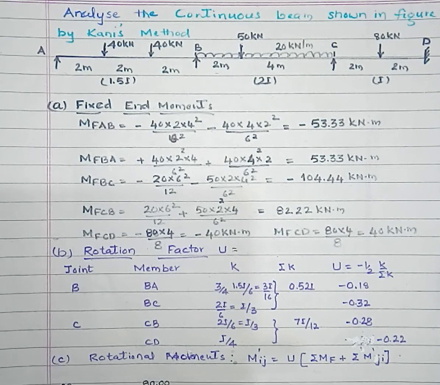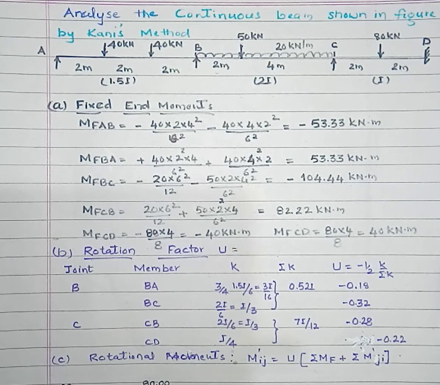Here the end A is simple support. By considering A as fixed, we have calculated the fixed end moment. The moment at A is 0, since that is on the end support, and the end support A is on simple support, hence we have to release this. By releasing this moment, by adding the moment of same magnitude with opposite sign, that is plus 53.33, you will get the value of 0. Now the moment at A becomes 0, that is the end support.